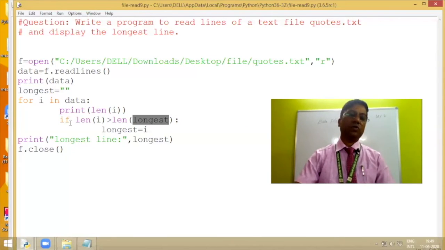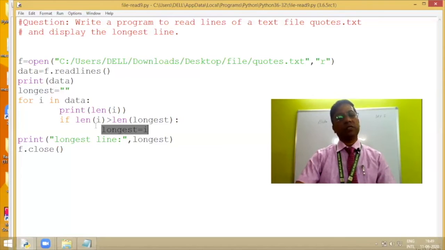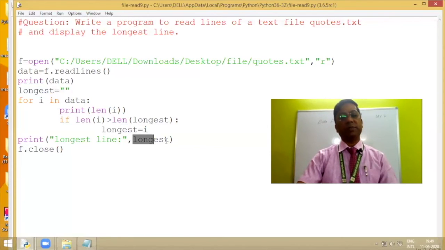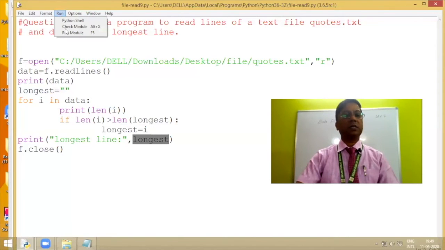So if it is found to be true, again the longest value will be overwritten. So this way, after the completion of the for loop, the variable longest will have the sentence which has the maximum number of characters. Let us run the program and see the output here.